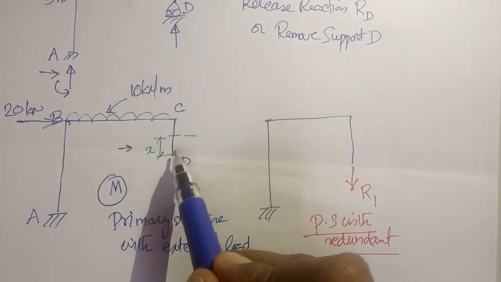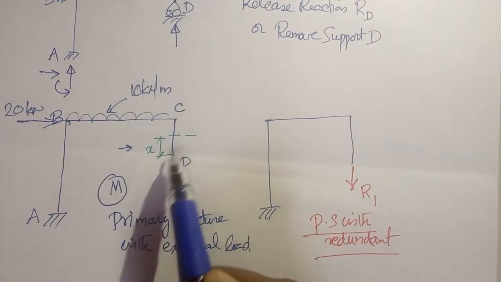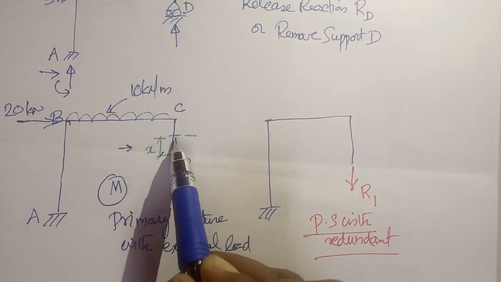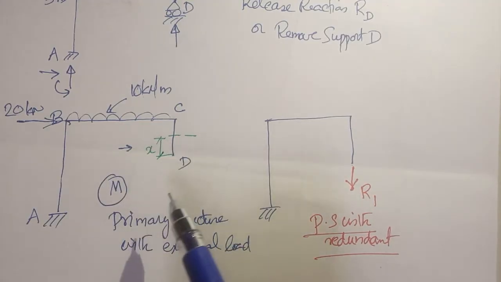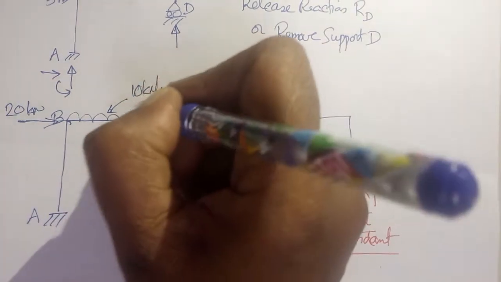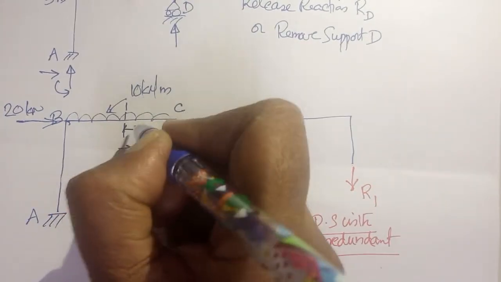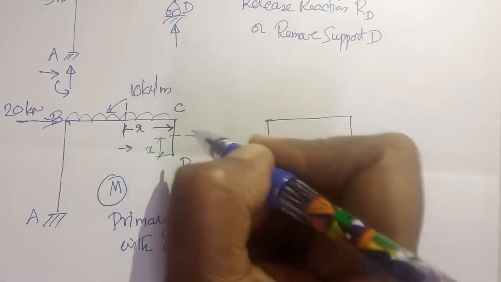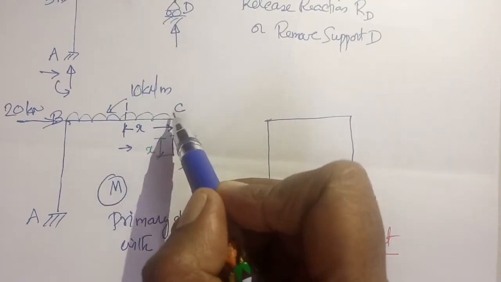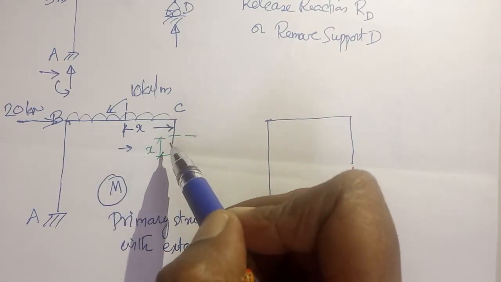To develop the bending moment expressions due to external load, for the portion DC, consider a section at a distance X from D. Stand inside the frame, look in this direction, so that will be right of section. So in the portion DC, there is no moment. Moment is equal to 0. Next, you consider a section in this portion CB at a distance X from C. So the expression for bending moment will be 10 into X by 2 into X.